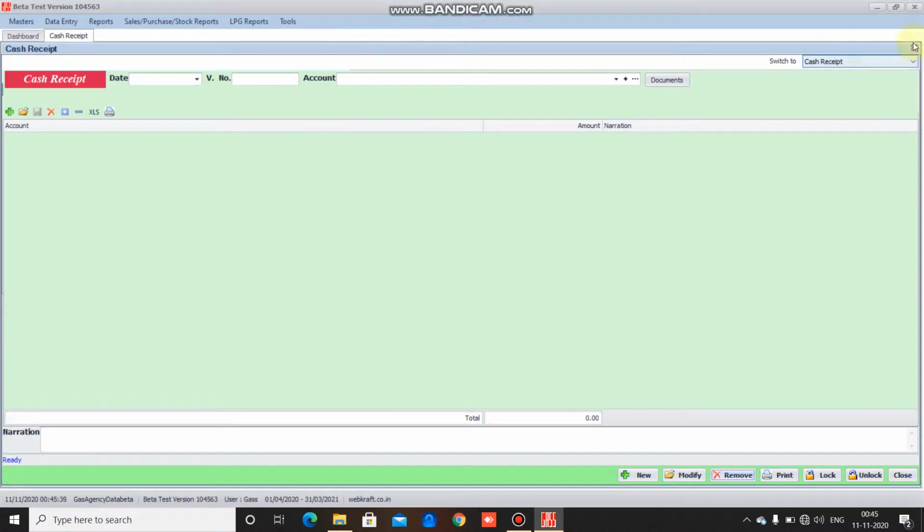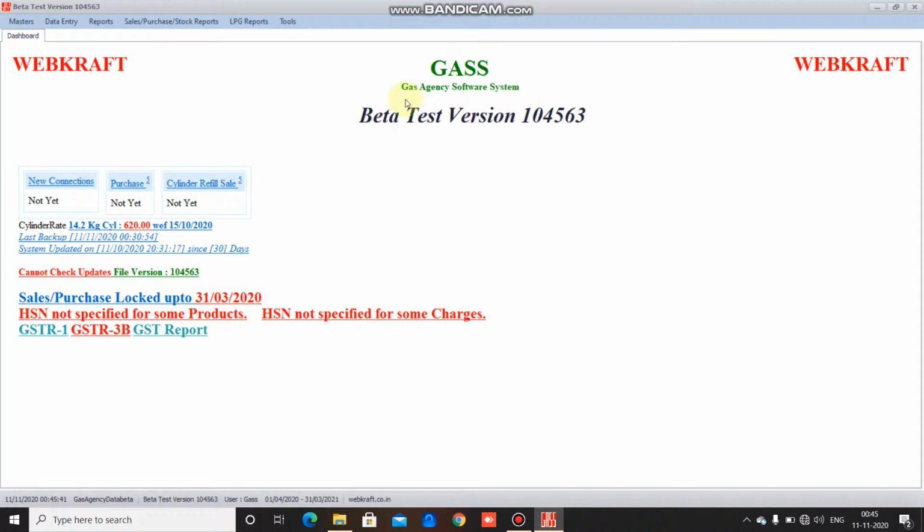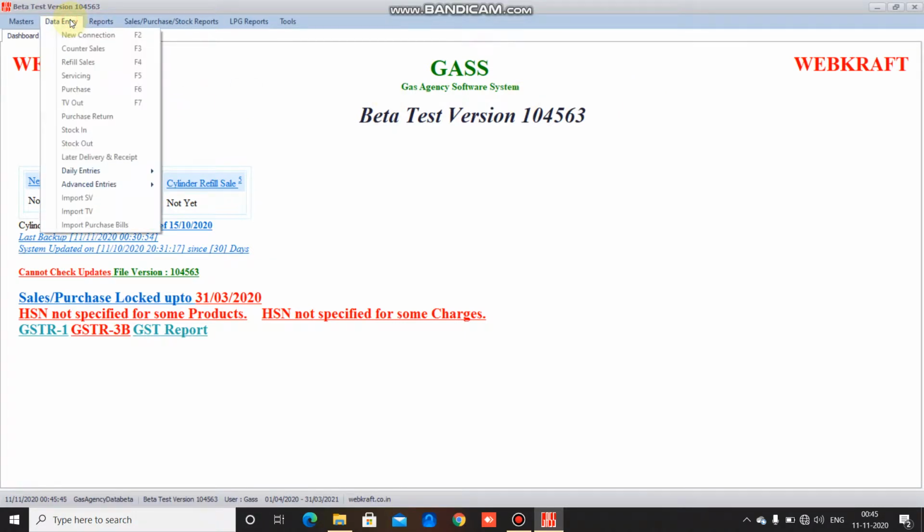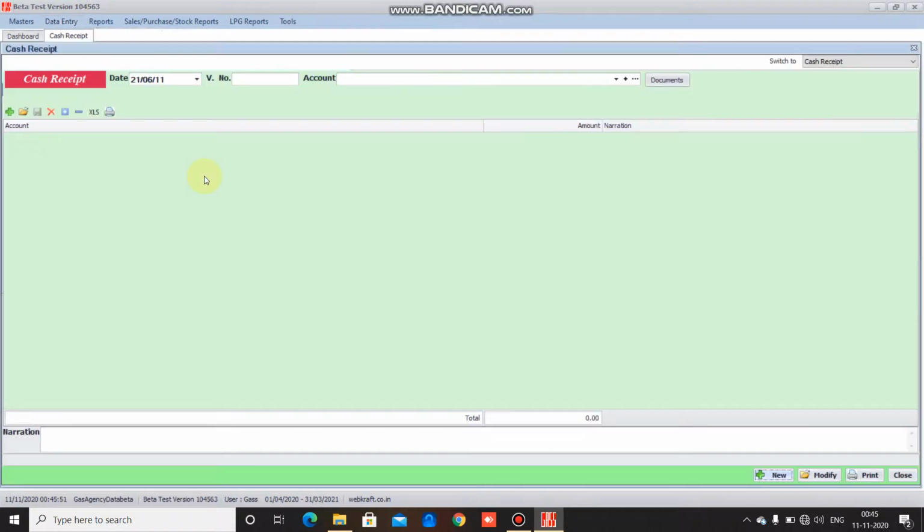But I have also to close all the windows which otherwise was used by the previous user, and now I open a fresh data entry, daily entries, let's say cash receipt. Now you will see the buttons, some of the buttons are missing. Here the buttons which are available is new, modify, print and close. Because we have used Gas user, you will see this user Gas.